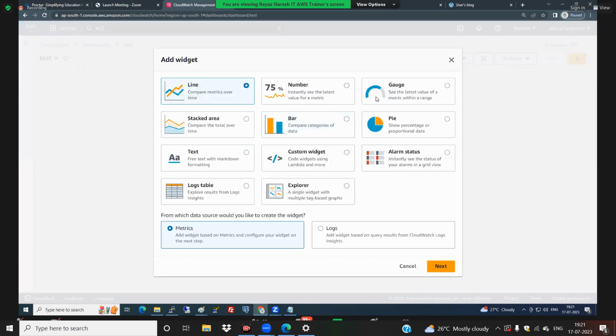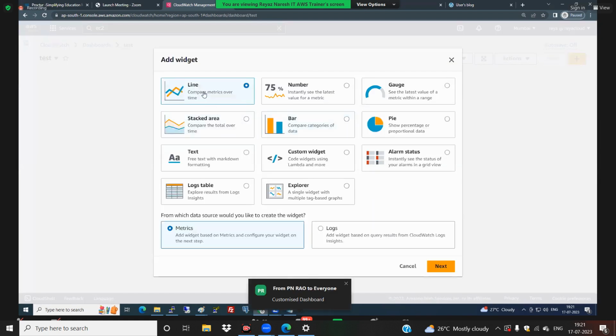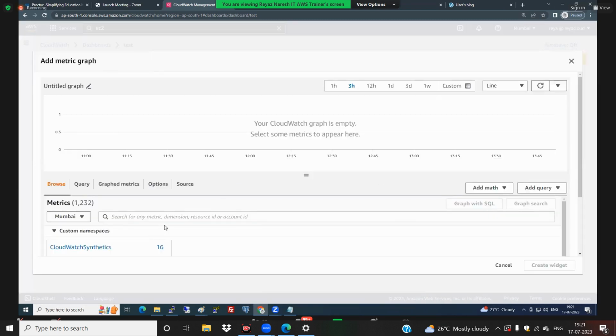You can go and add widgets, guys. Add widgets. See, you want line formatter, number formatter, and then bar formatter, pie formatter, and you want to check the alarm status. How you want to see the dashboard? So can you put your innovative thought and create a dashboard? So now, for example, I'm putting a line. Okay. Next. So here,